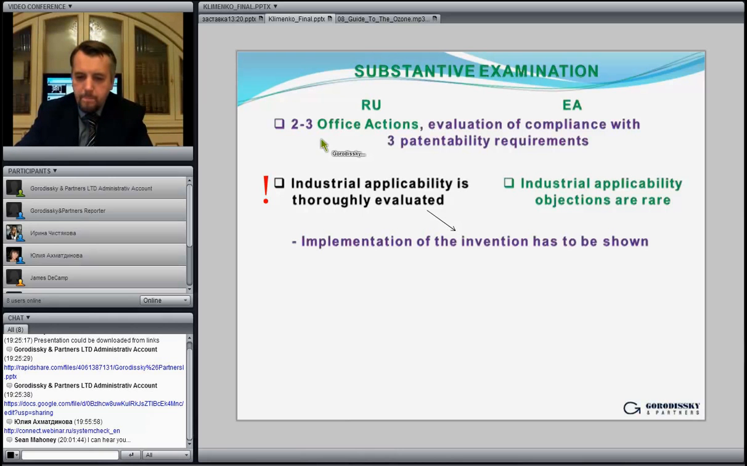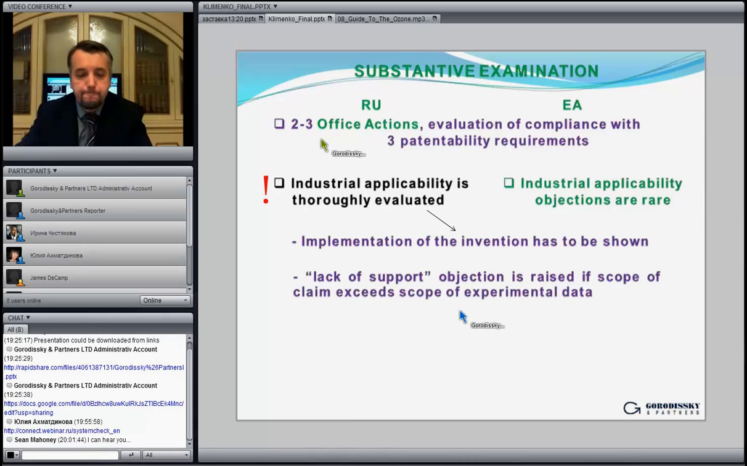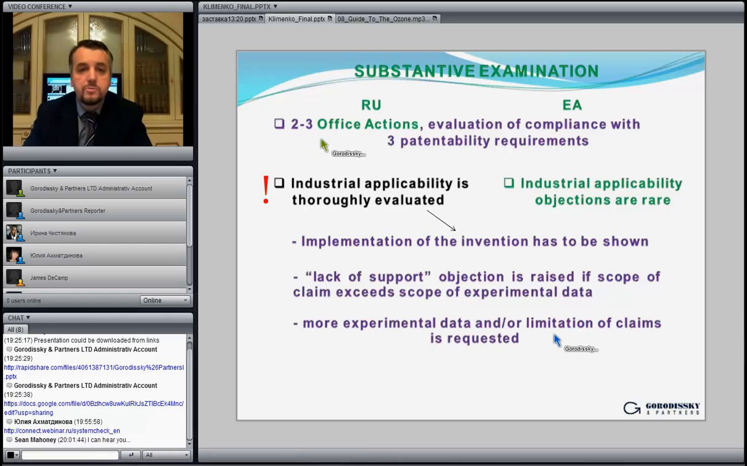What I mean is that, of course, there is a requirement of legislation that the implementation of the invention has to be shown, and I guess in this case it's close to the enabling thing. Your implementation of the invention has to be shown, but whenever the examiner sees that the scope of what you claim exceeds the scope of your experimental data, they will pretty much routinely issue a lack of support objection, and they will ask you either to restrict the claim to the scope of your experimental data or to present more experimental